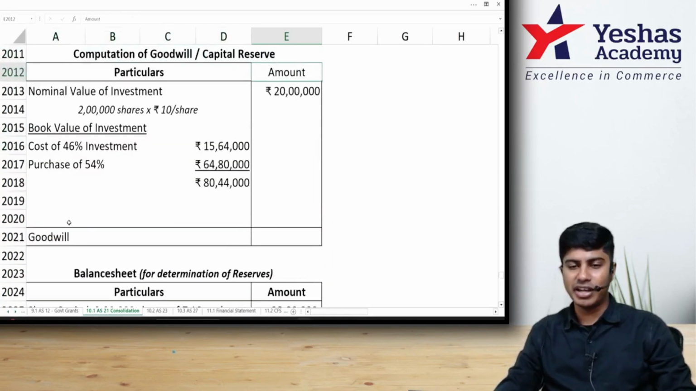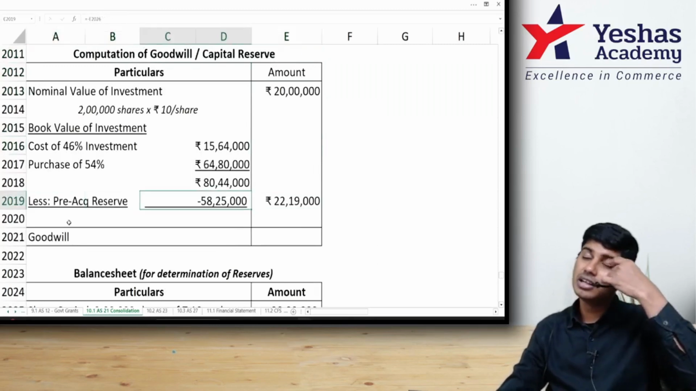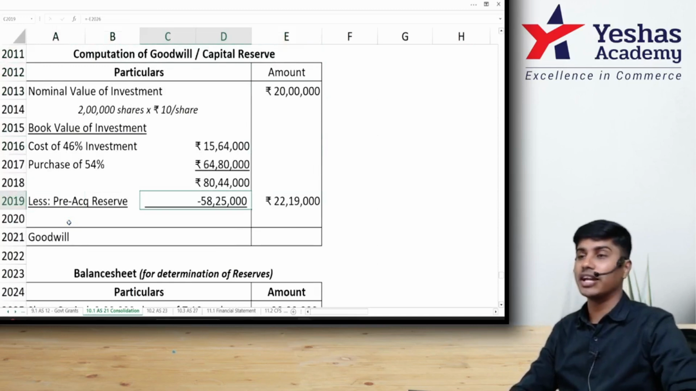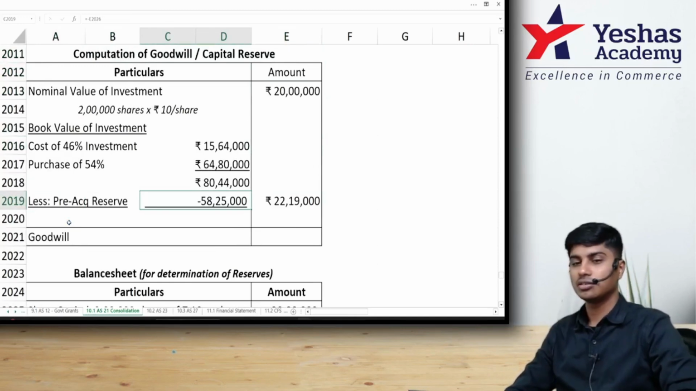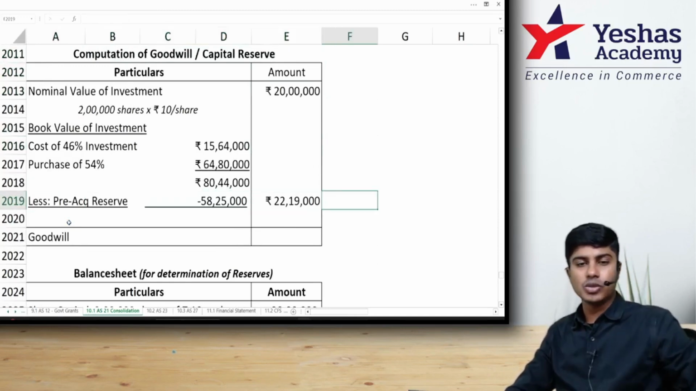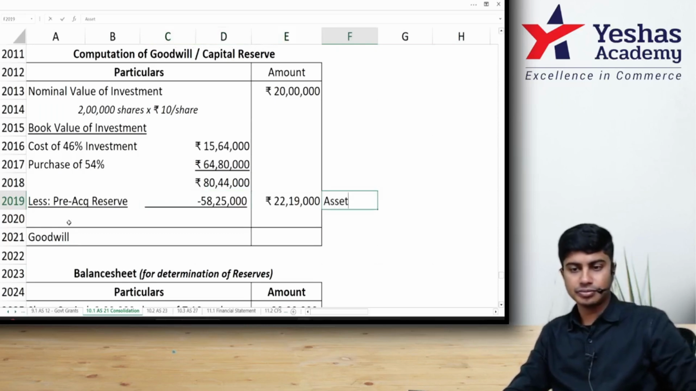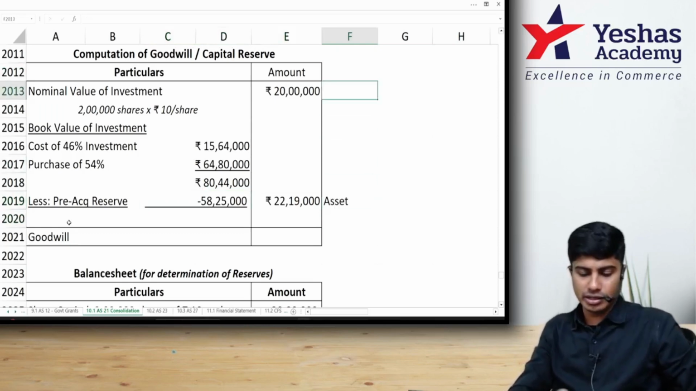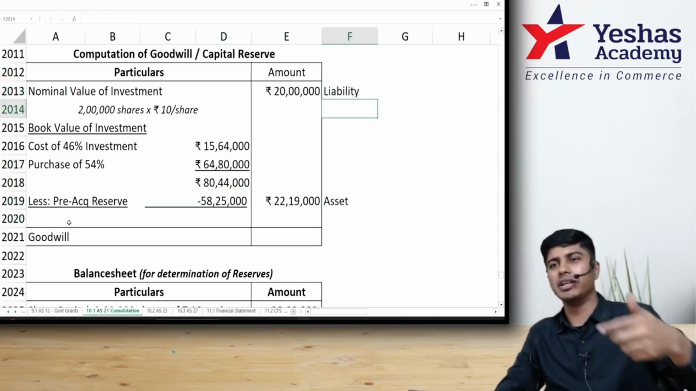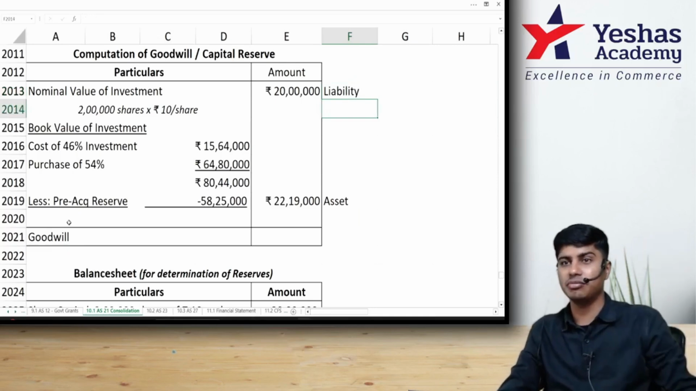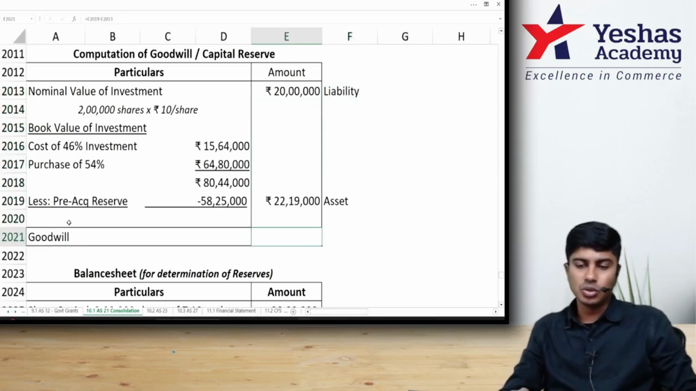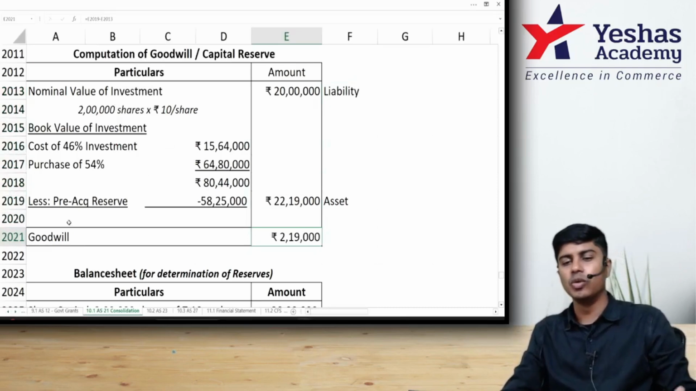You bring that 58 lakh 25 here. Deduct that pre-acquisition reserve of 58 lakh 25. You get 22 lakh 19,000 as book value of investment. This is your asset. This is your liability. This is the usual shortcut that we do. In this question, it will become lengthy, but in a lot of questions it saves our time. How much will be the difference? 2 lakh 19,000 will be goodwill because asset is